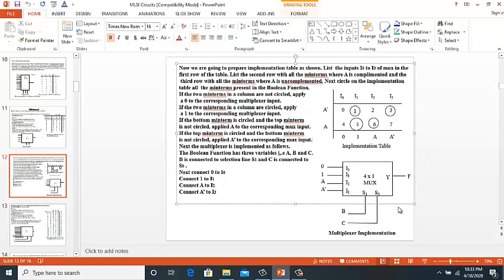And we note that if we use this method, we don't have to minimize a Boolean function, draw a K map, then reduce the K map, and then make circuits with AND gates and OR gates. You simply select a multiplexer and follow the method which has been mentioned by me, and in the end you have the Boolean function implemented with the help of a multiplexer.